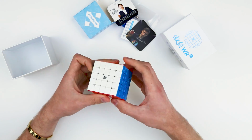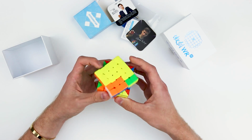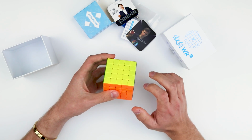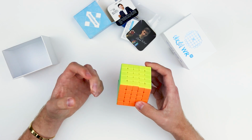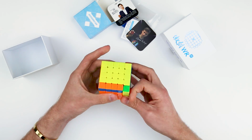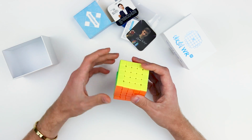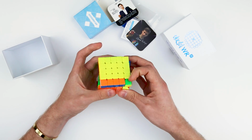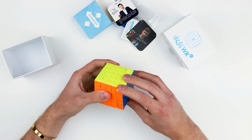The turning feels very similar to what I remember with the AoChuang WR M. It has a good turning speed, and it's very, I don't want to use the word rigid, but I'm going to for lack of a better word. It feels very rigid. It feels very stable and confidence inspiring. This is a 5x5 that as I'm turning it, I have no doubts or fears of it falling apart on me or me really overshooting it. The turning speed is very reasonable. It's very controllable,